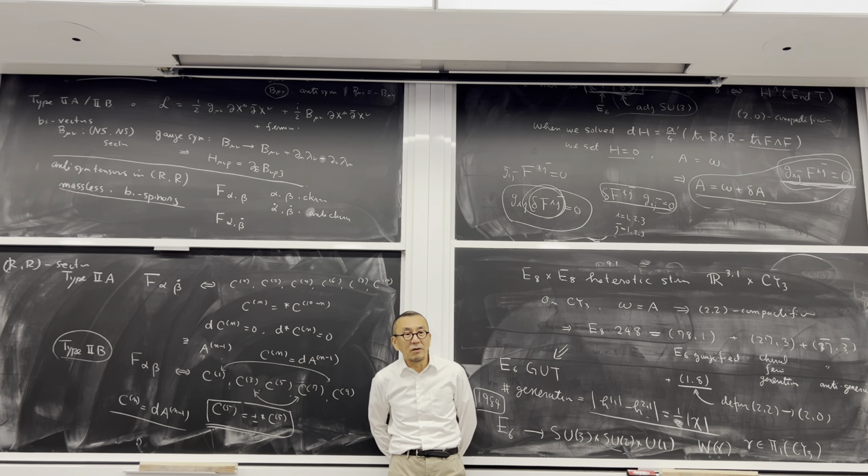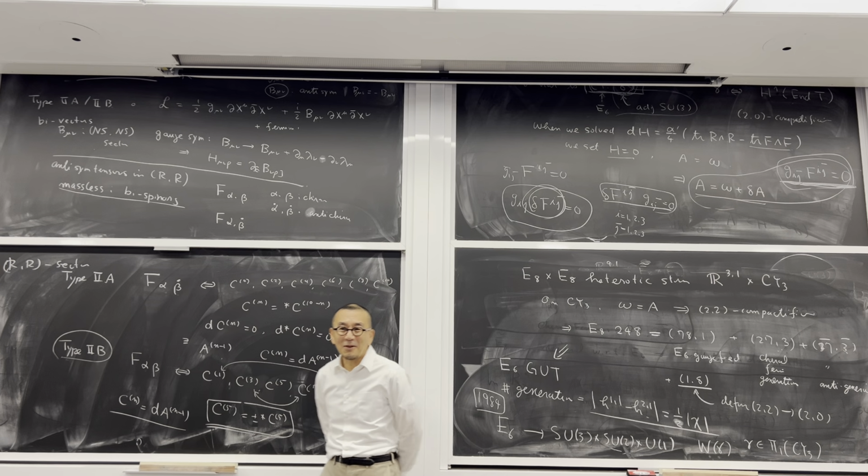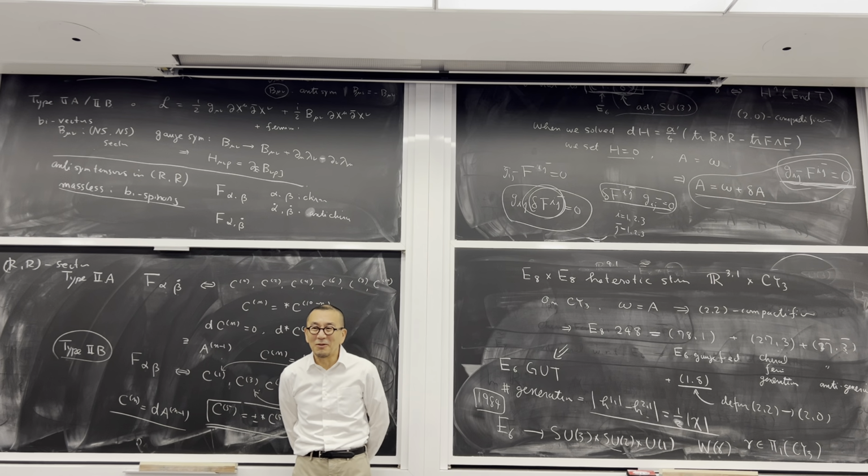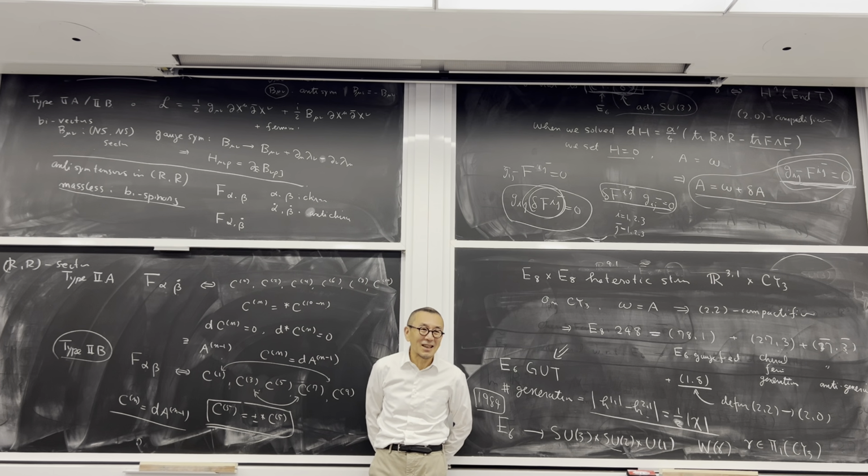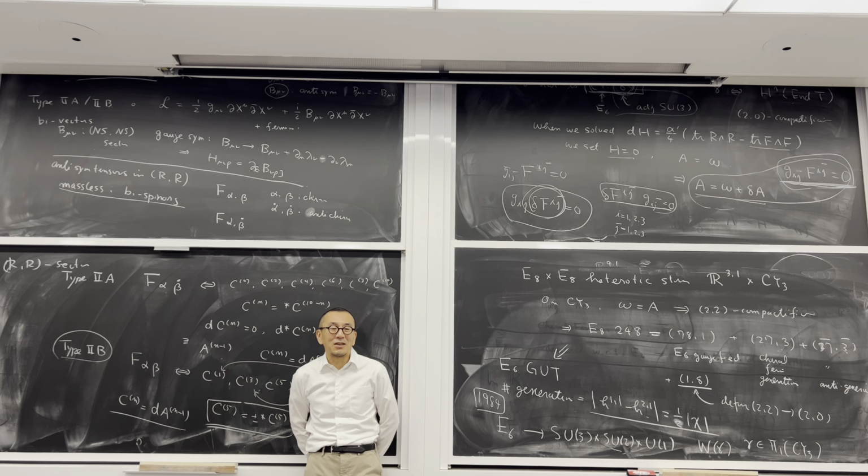It can be a particle, or it can be some string or extended object which carries charges. Well, the purpose of life of a gauge field is to mediate force between objects. So if there are no objects charged with respect to this gauge symmetry, then the gauge field loses its purpose of life, and that's very sad. So we would like to help them avoid that. But in fact, this is actually one of the principles of quantum gravity.